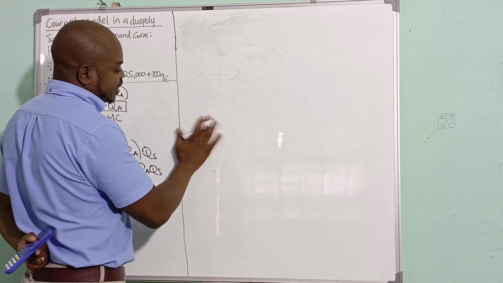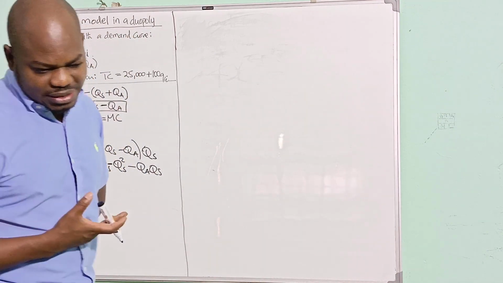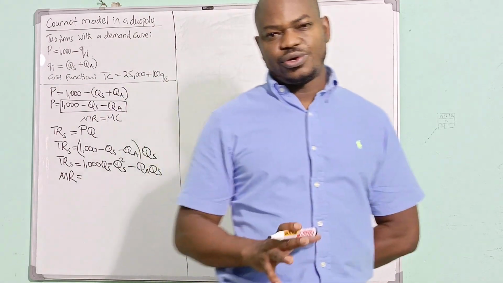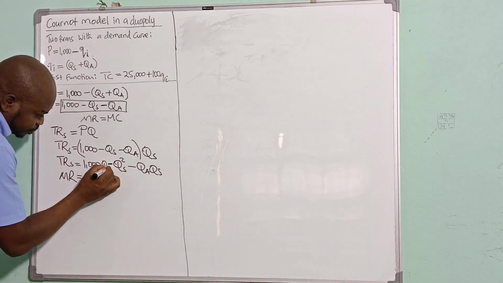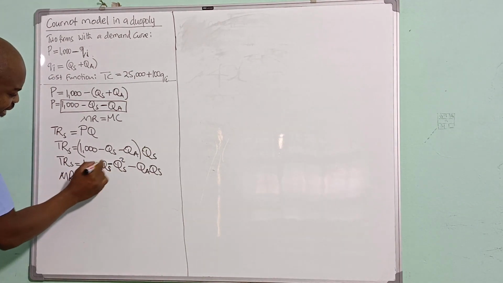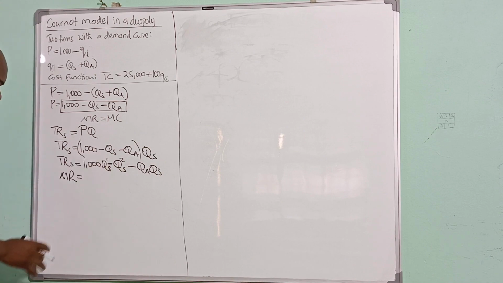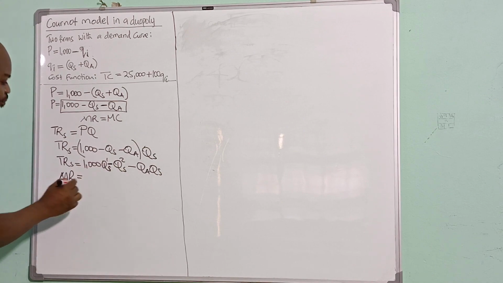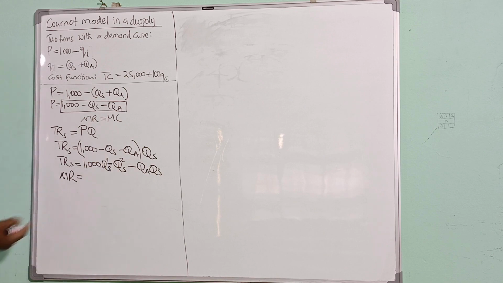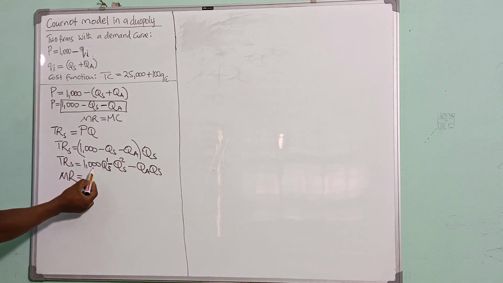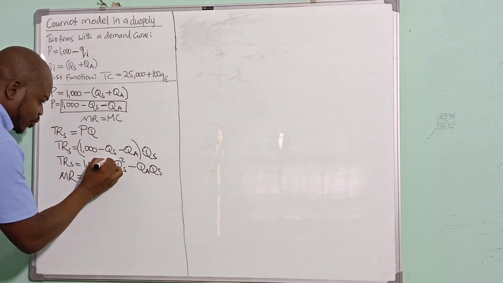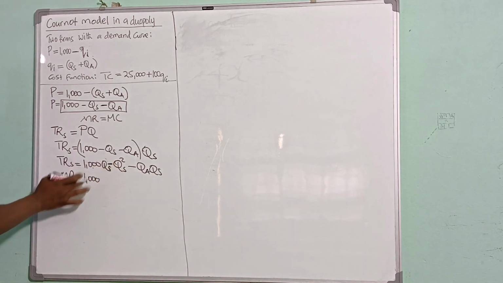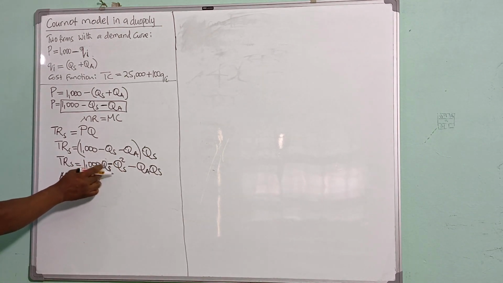Alright, so it doesn't matter the bigger the number, even if it's 1,000, 2,000, 4,000, as long as it's raised to the power 0, just know that the answer will be 1. Okay, so I'm derivating here, and this QS is raised to the power 1, like we discussed. So this will multiply with the 1,000 in front here, that will be 1,000. 1 multiplied by 1,000 will be 1,000, and then when we say 1 minus 1, that will be a 0, and we'll say QS is raised to the power 0, so it becomes a 1, and at that point QS